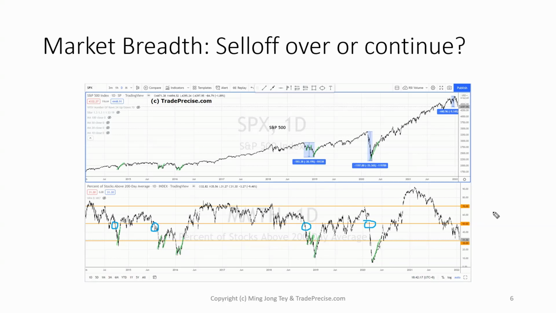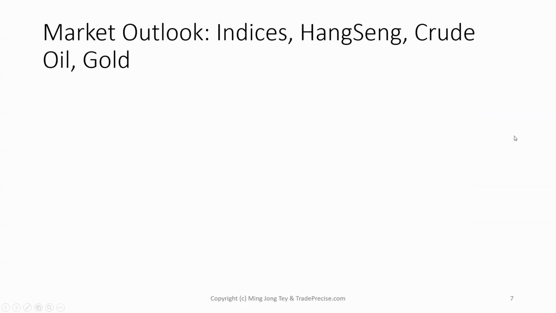But that's what I believe, that we need to see the oversold level of the market breadth together with some kind of capitulation of the S&P 500. Then I think we can probably consider taking the long side of the trade. Okay, so that's how I interpret the market breadth to get a feel of the market, whether the sell-off has legs to go, apart from just looking at the charts. Eventually we still need to look at the charts, which I'm going to jump to right now. Okay,